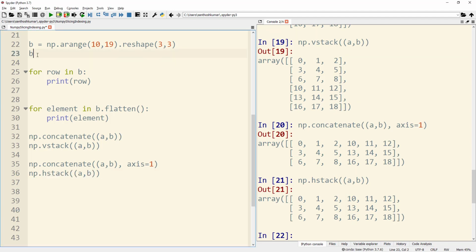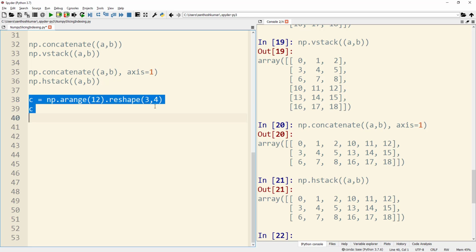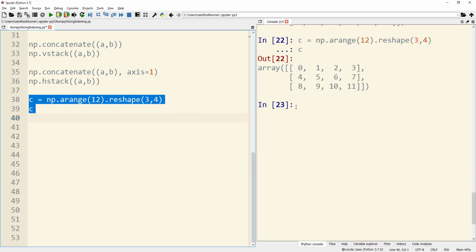Now I will create one more array and name it as C. So I'll just use the same syntax, and probably I will just name it as C, display C, and I will create it with 12 elements, and then maybe I can give the shape of this as 3, 4. I will just run this and display the array. The new array C has been created, and it is there with the values from 0 through 11.